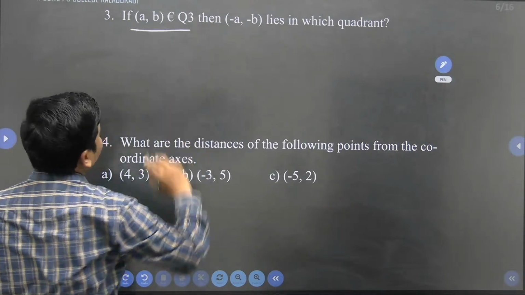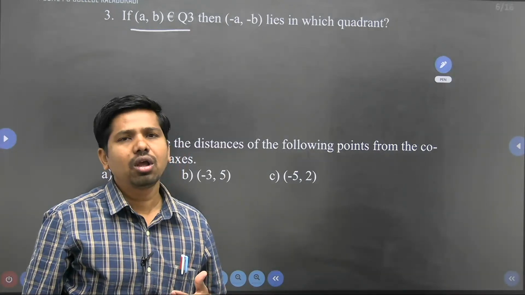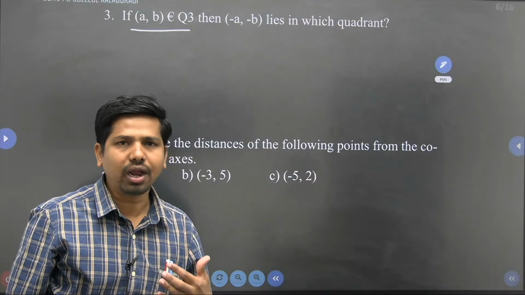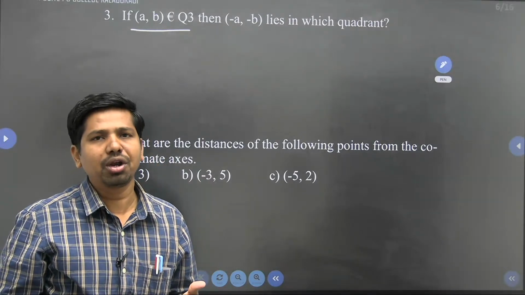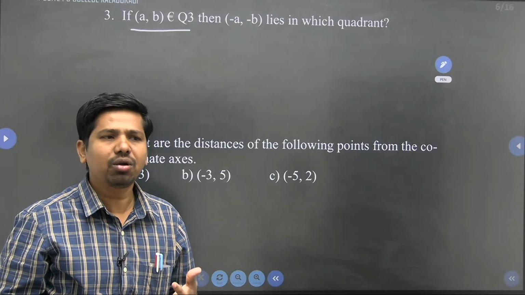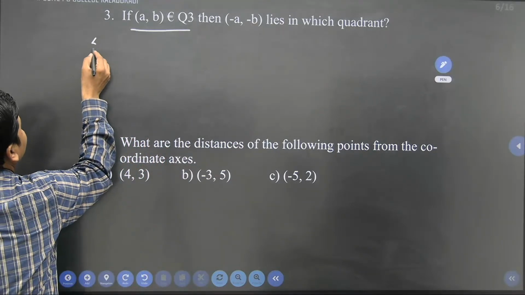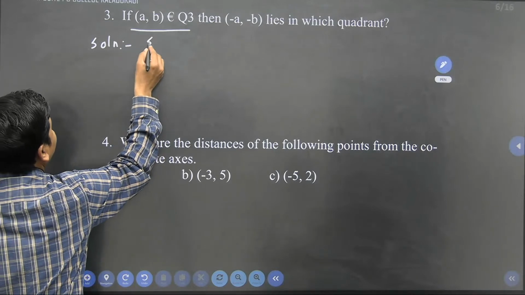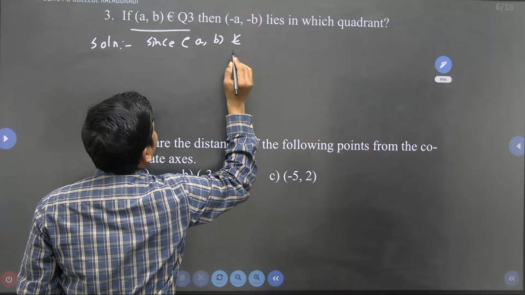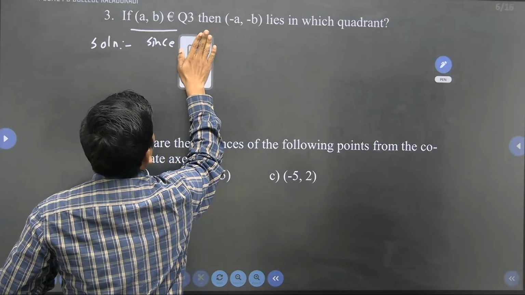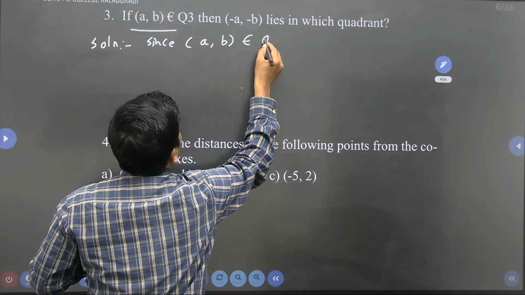A comma B belongs to Q3. Q3 means quadrant 3. Q1, Q2, Q3, Q4: Q1 means quadrant 1, Q2 means quadrant 2, Q3 means quadrant 3, and Q4 means quadrant 4. If (A, B) is an ordered pair, that is, Cartesian coordinate points, we can represent it as (x, y), or here he has given the ordered pair as (A, B). (A, B) belongs to Q3, right? Since the ordered pair (A, B) belongs to Q3,